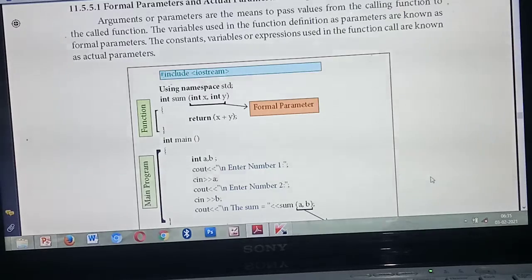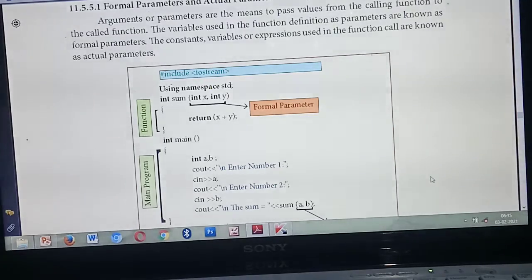Okay. So what do you mean by arguments? Arguments, another name is parameters. Using those arguments or parameters, you are able to pass values to the program. Then after passing, you need to call the function. What are we calling this? Function. Okay, so the variables you define inside the function are known as parameters, and the values in the function call are what we call actual parameters.